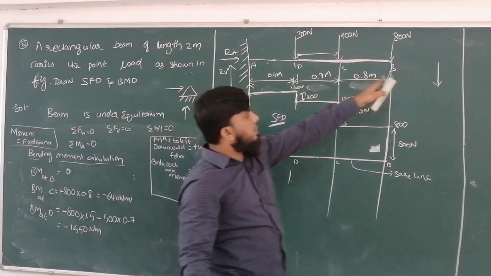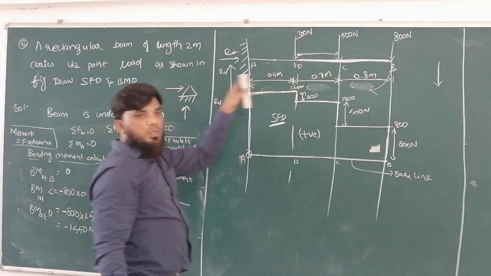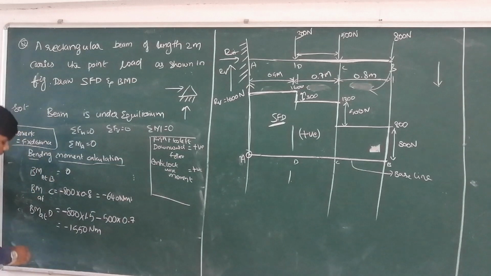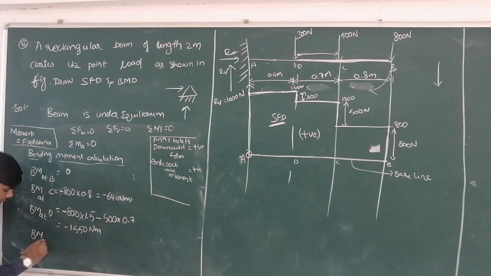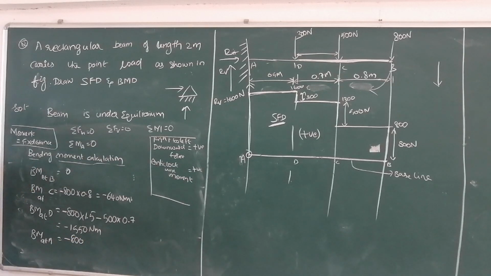Then next we have to solve point A. We have solved point B, point C, and point D. Next we are coming to point A. So the bending moment at point A is equal to, at the right side of A we are having three loads: 800, next 500, next 300. So we will come from 800. That is also trying to rotate point A in the clockwise direction. Downward always tries to rotate in the clockwise direction.